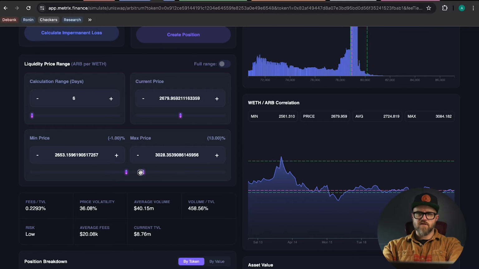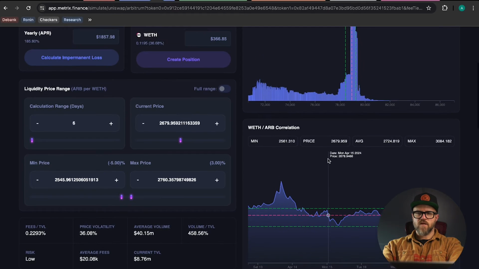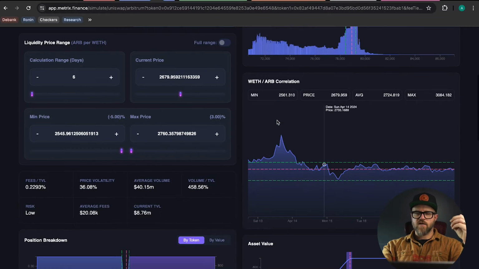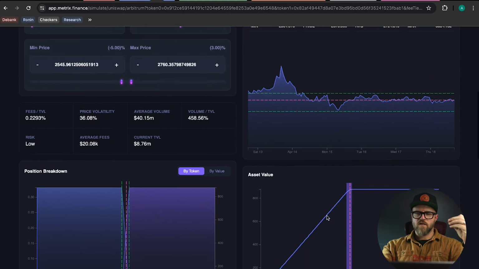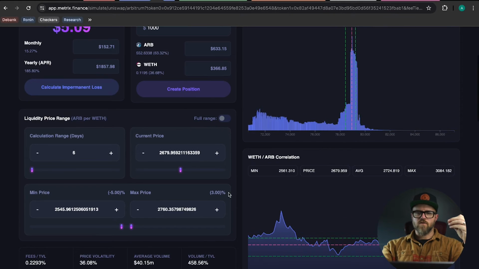Every time you adjust something, it adjusts everything else. Flow-wise, it's top to bottom. So maybe you want to adjust it to the low of this valley here, but then pull this down to the peak of the recent daily range here. Might be even a better choice. What I love about using app.metrics.finance is these visuals that you get. But there has been a lot of volume in this area between these two, so you could just do that,